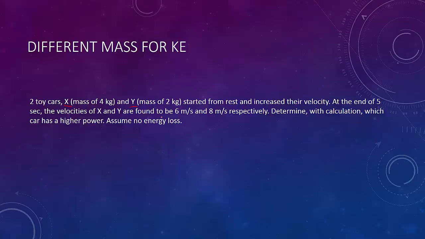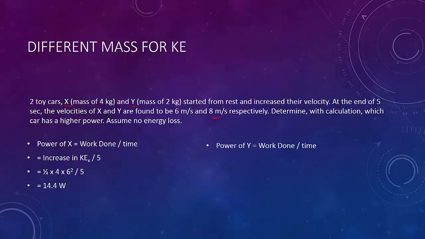Okay, so it might be tempting to just say that Y has more power because it's faster, but let's just calculate. Power of X is equal to work done divided by time, and the work done is used to increase the kinetic energy in 5 seconds. So using the formula half m v squared for KE, you substitute in the values, and you find that the power is 14.4. You do the exact same thing for Y,